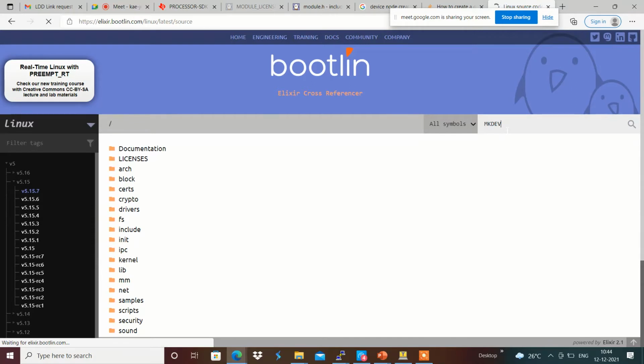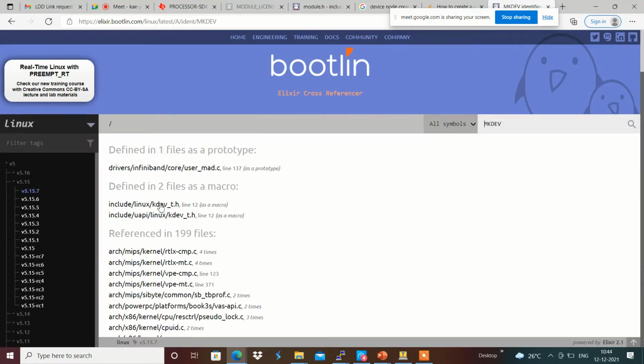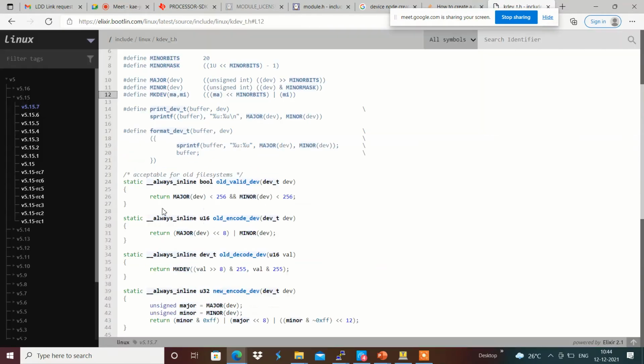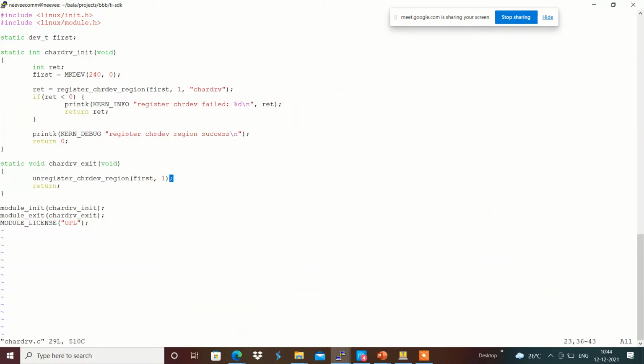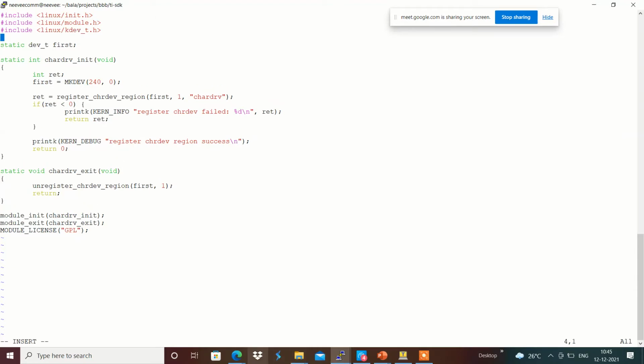mkdev is defined in Linux include linux/kdev_t.h. I'm going to include this into my file. Here it is: include linux/kdev_t.h.